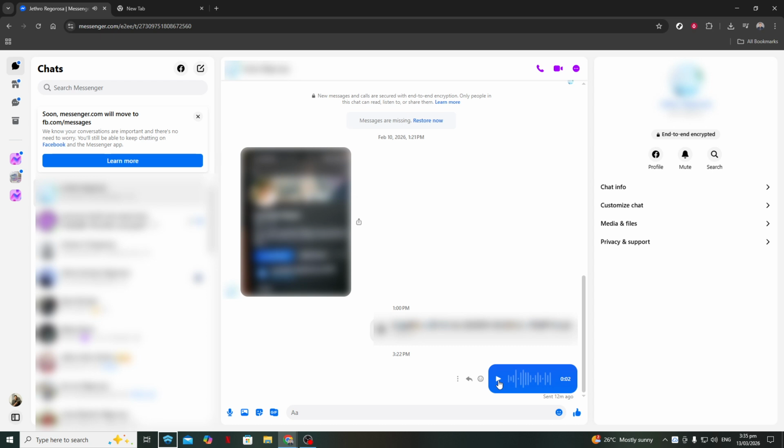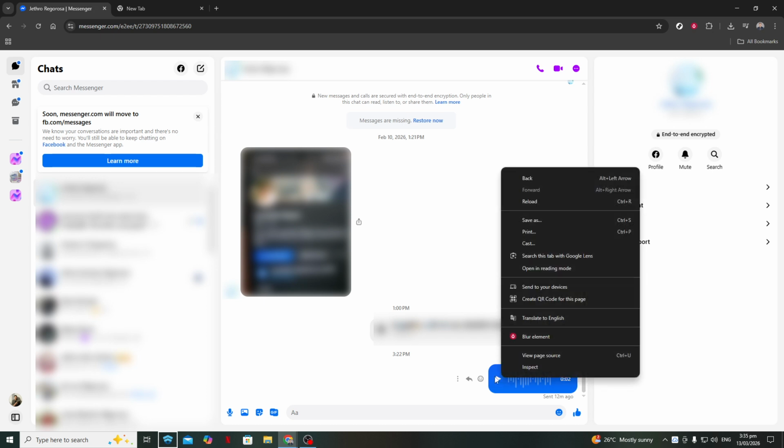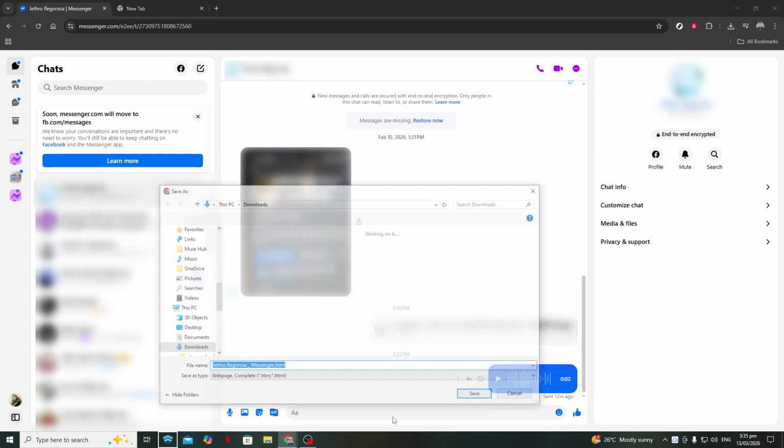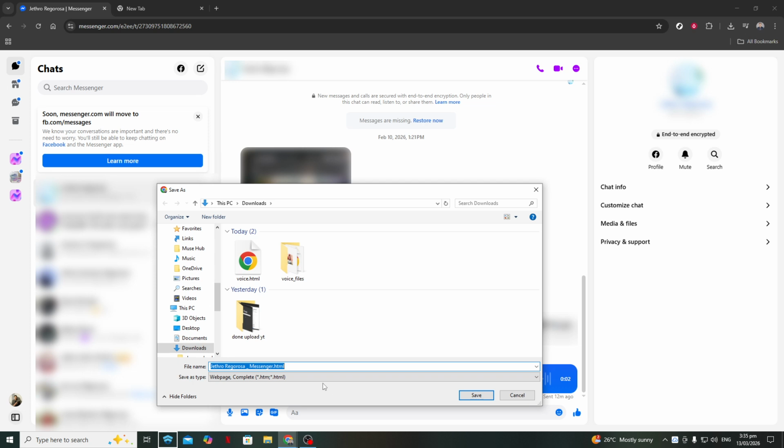Now, move your mouse over the audio playback area. Right-click on the voice message or on the small audio player bar. A menu should pop up with several options. Depending on your browser, you'll typically see something like Save Audio As or Save Video As. Select that option. A file window will open, allowing you to choose where you want to save the file on